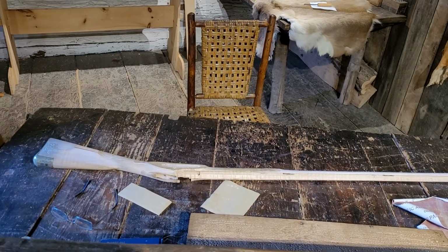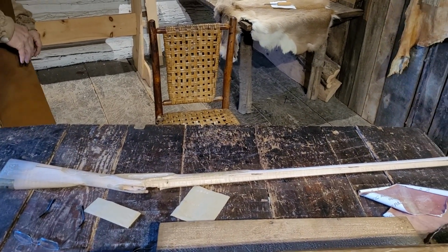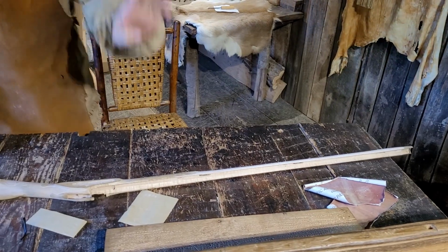Yeah, this is what I'm doing right now, and I'm final sanding it. It started out its life pretty much the shape